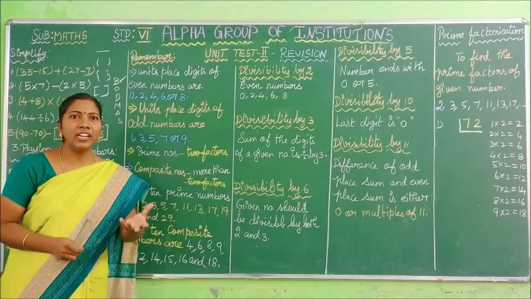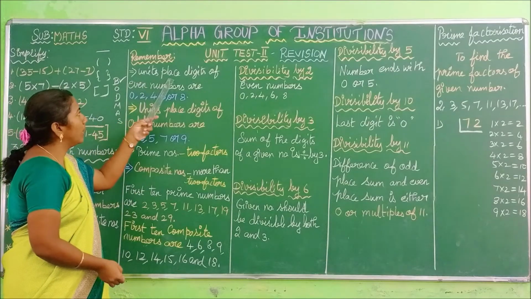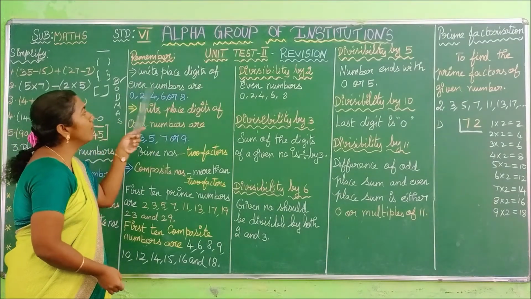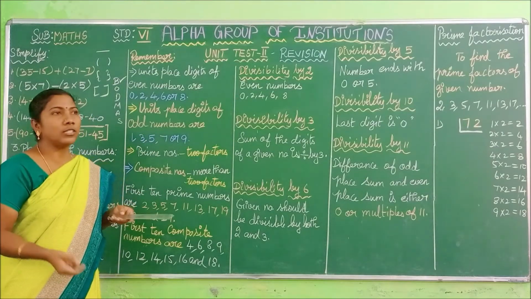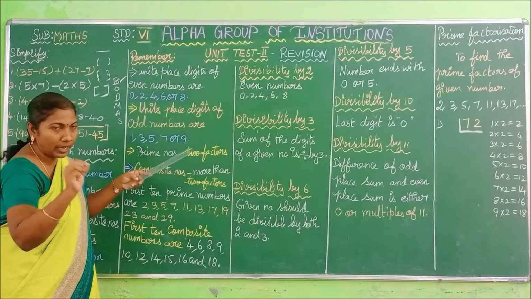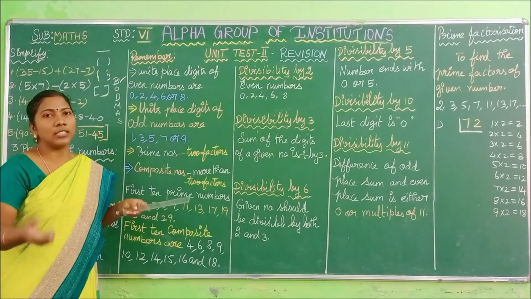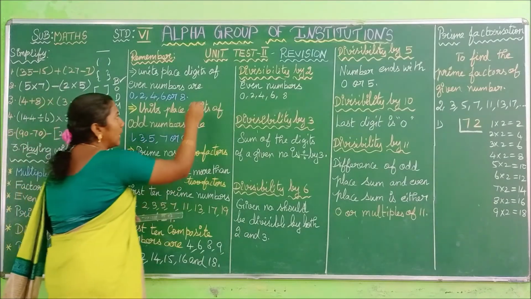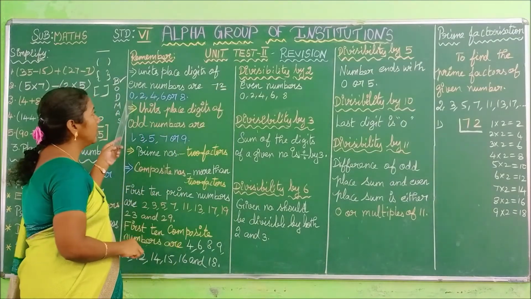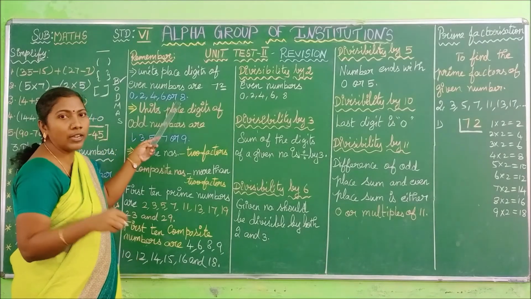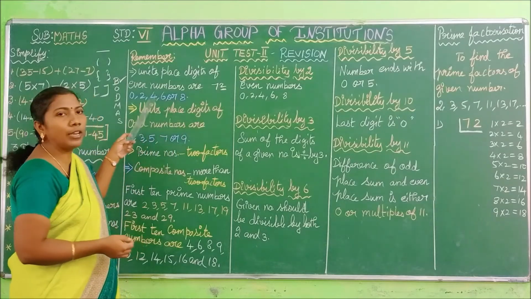Okay. How can you identify the given number as an even number? Let us see. Unit place digits of even numbers are. By seeing a number, we can say it is an even number. Okay, how can we say? If the last digit of a given number is 0 or 2 or 4 or 6 or 8, we can say the number is an even number. For example, 72. What is the last digit? 2. So the number ends in 0 or 2 or 4 or 6 or 8, you can say the number is an even number. So 72 is an even number. Similarly, we can give examples for all the numbers.